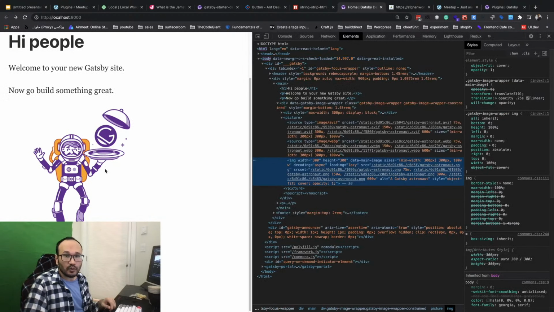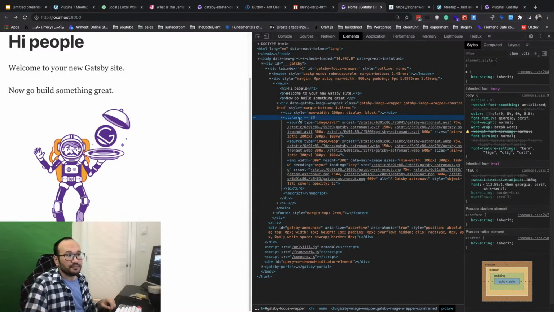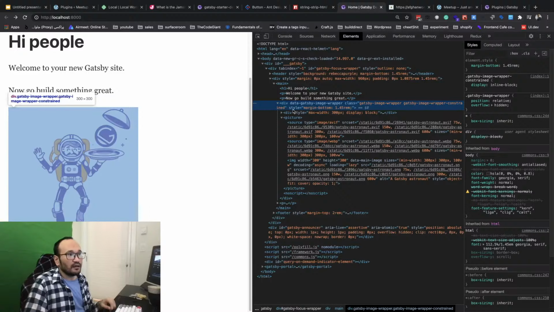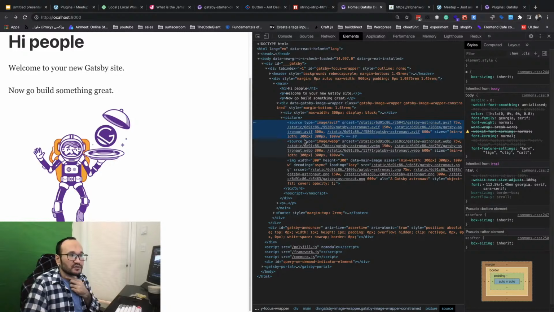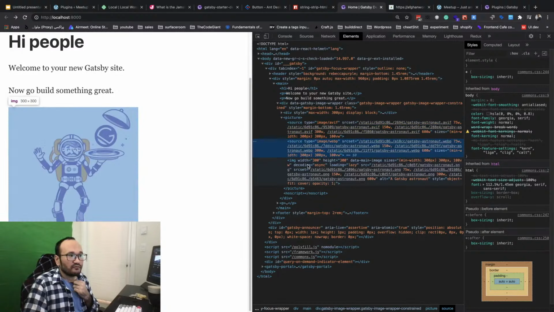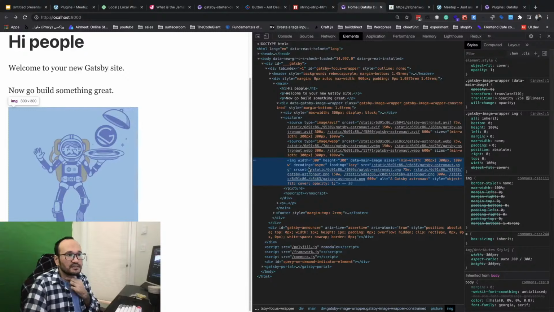You can just inspect the object, and you see we have a picture. First of all, this one is the image wrapper, and then we have picture, and then we have source image and source, and the actual file of it. This gives us the lazy loading and image optimization. First we load the lighter version of the image, and then the second one, and until the page loads, that file is loaded and the image loads completely, we show the complete version with the good resolution.